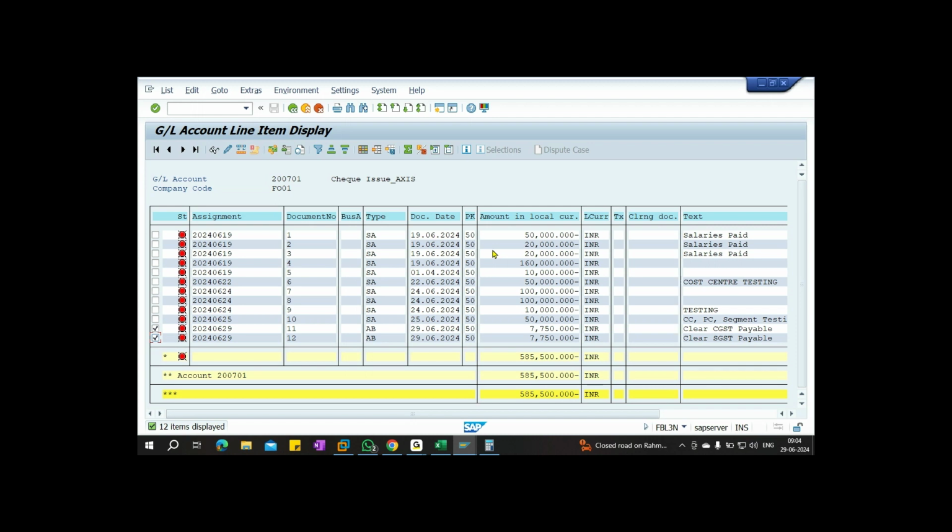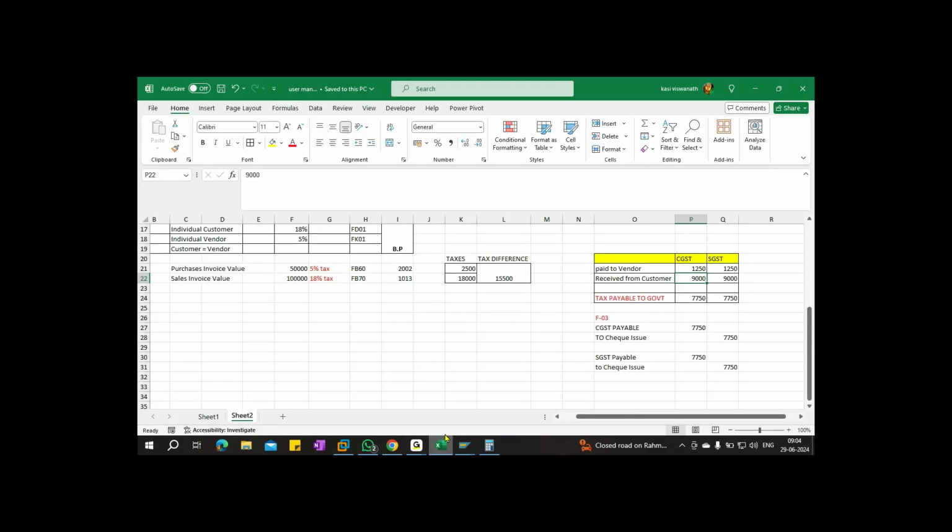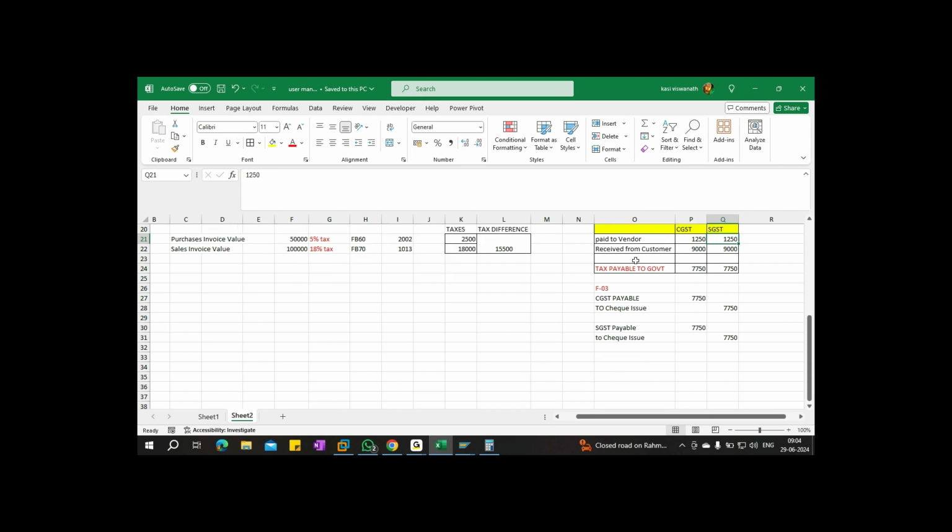So still we have the due of how much value? 1250, 1250. Right? How to set off this 1250, 1250? See here. So this is the first entry.